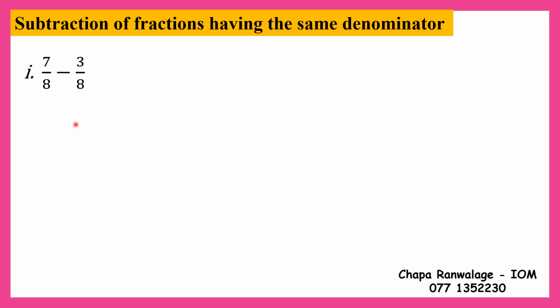How can we? Again, you have to check whether the denominators are equal or not. In here the denominators are equal, then simply we can subtract them. The common denominator is 8, same as the previous one, and 7 minus 3. What is 7 minus 3? It equals 4. Okay, 4 over 8. And next one,